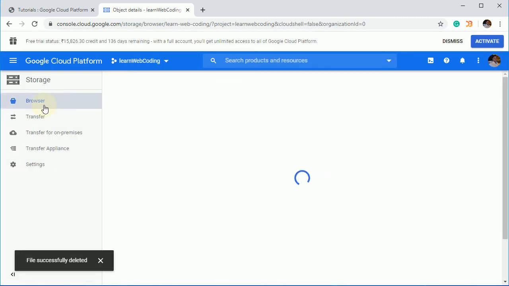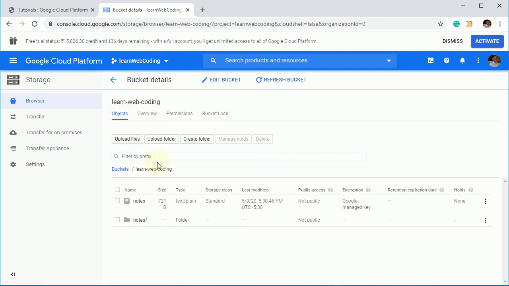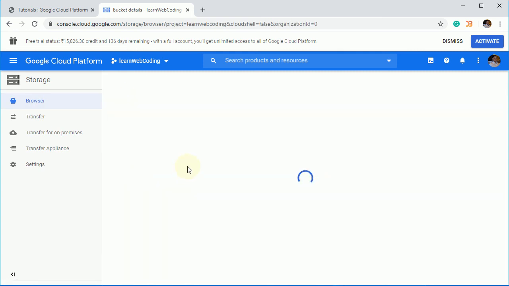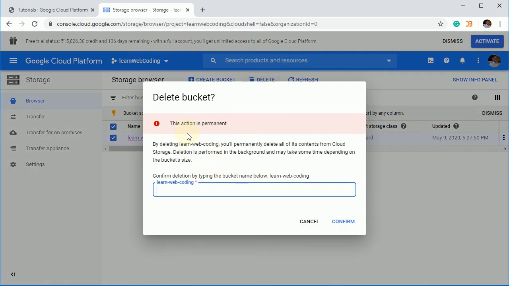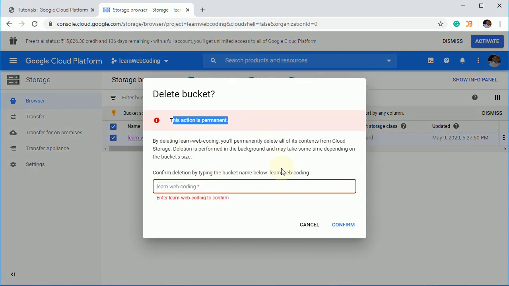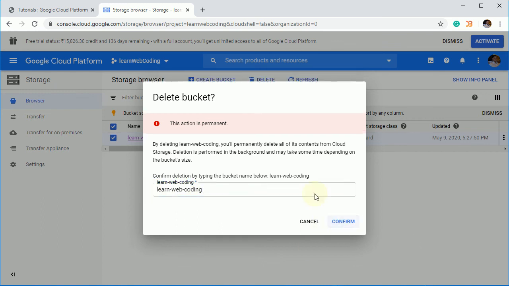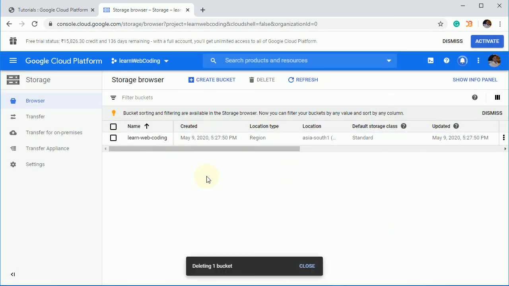Or if you want to delete the complete bucket, go to buckets, check this box, and here we have this delete link. Now if you want to delete it, it will be a permanent delete, so you won't be able to recover it. So if you are okay with that, copy this name and paste it here again and confirm. So it will take some time, and it will delete your bucket.